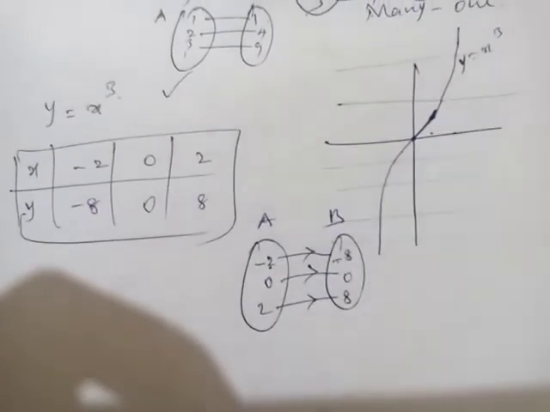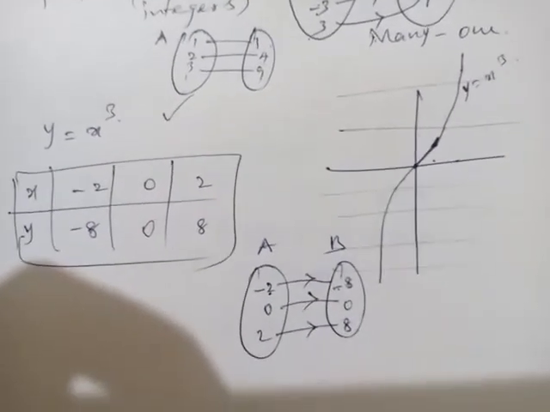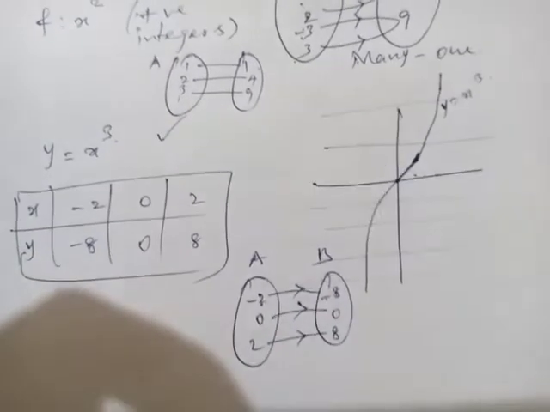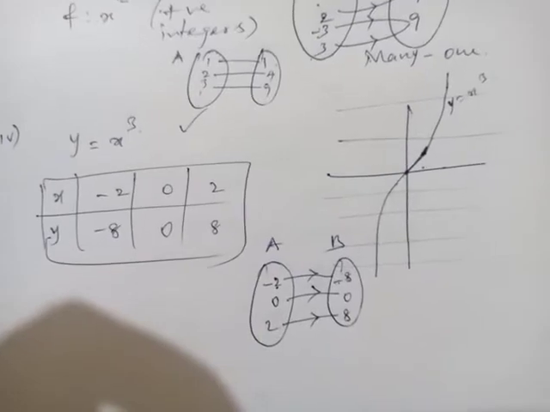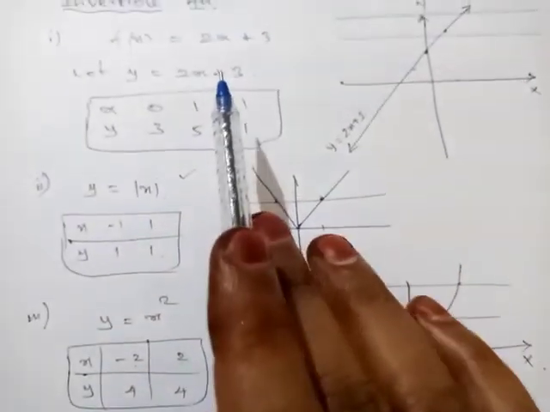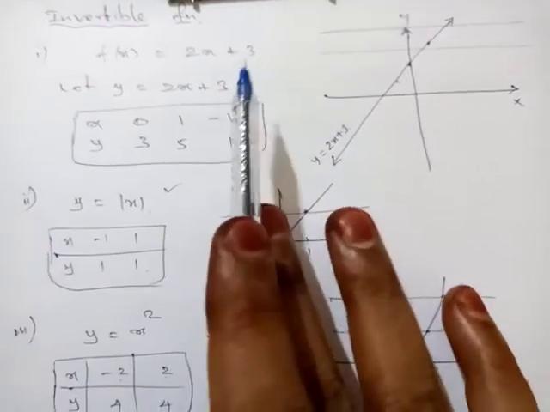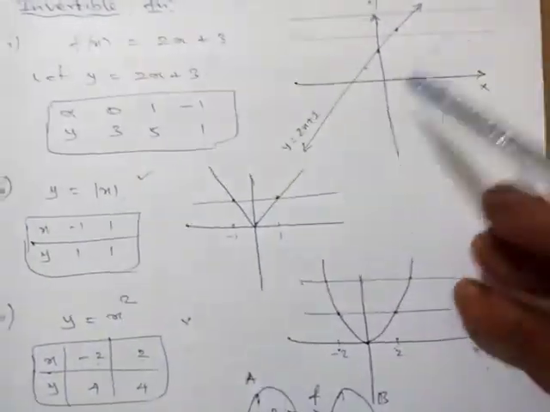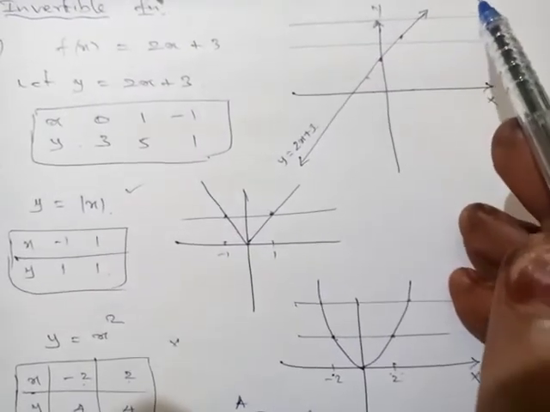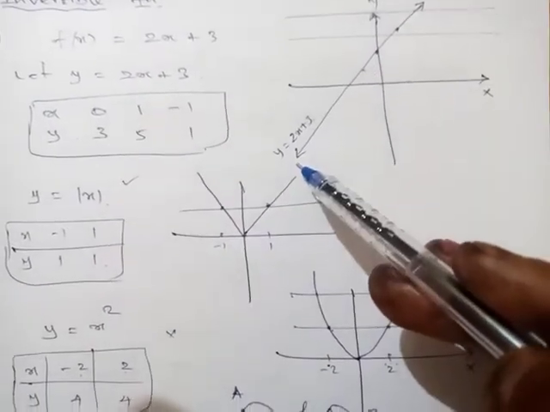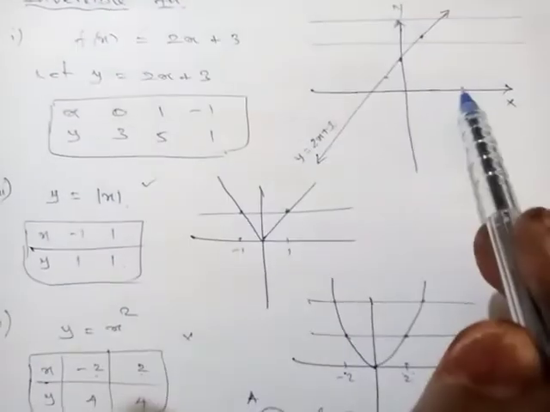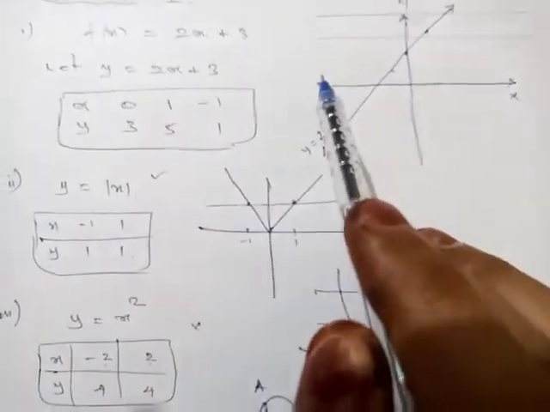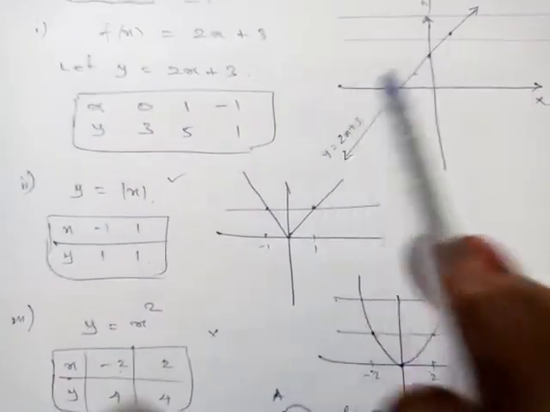Just go through this also, but this is not for the exam point of view. Just keep this in your mind, from the graph also we can find whether it has an inverse or not. So if a polynomial function is linear, definitely it has an inverse, because a linear polynomial will form a straight line, so if you draw a horizontal line parallel to the x-axis, definitely it will cut at only one place, therefore definitely it has an inverse.